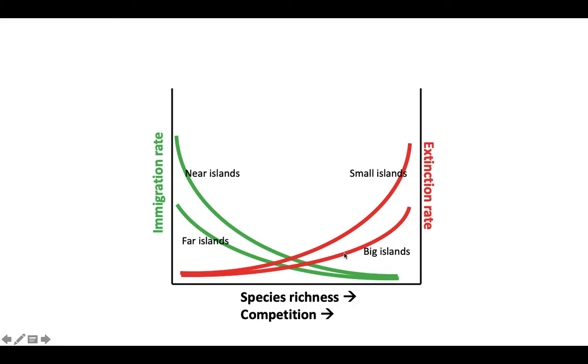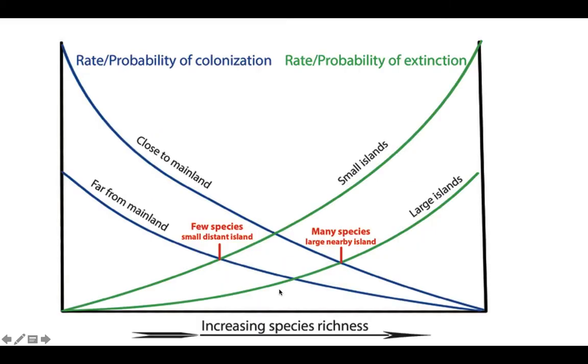And this graph represents island biogeography theory in a nutshell. Distance from the mainland and size of the island are the two main factors affecting extinction and immigration rate, with the extra added twist of competition. Here's an actual graph as opposed to one I made in PowerPoint.